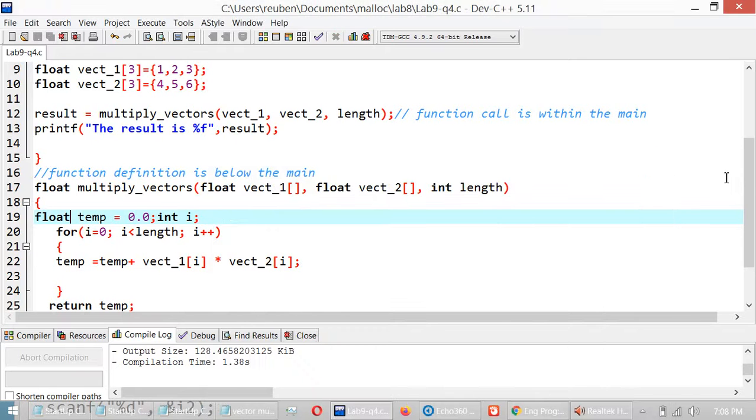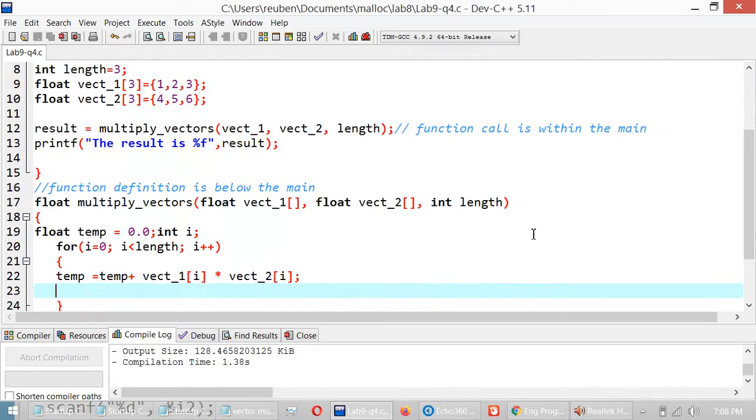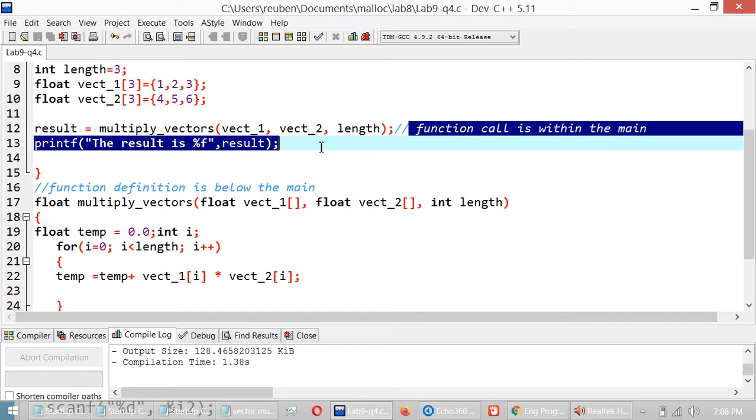Now, what are the things you need to take away? You need to know that functions have how many parts? Declaration above the main, call within the main, and function definition below the main. The idea of a function is that you can call it as many times as you want. Every time you call a function, you can change the values in the array and get a different result. So it becomes like a tool. A function is like a tool. Every time you call it, you can send a different